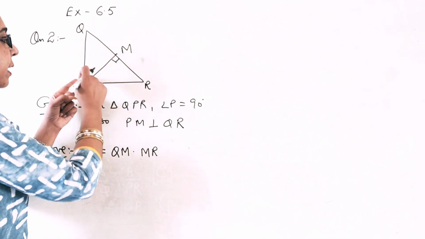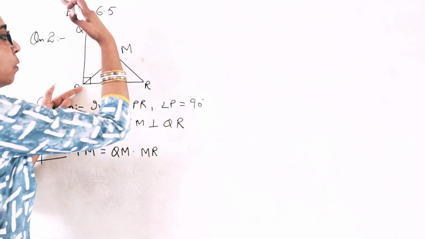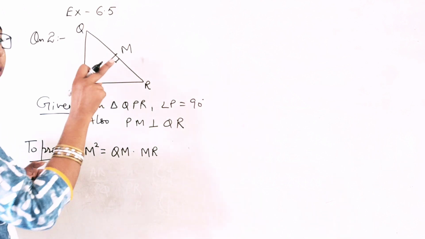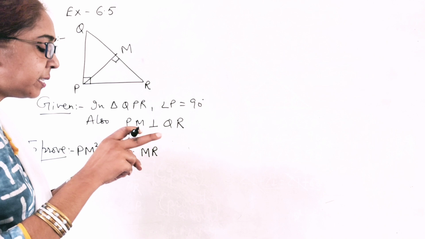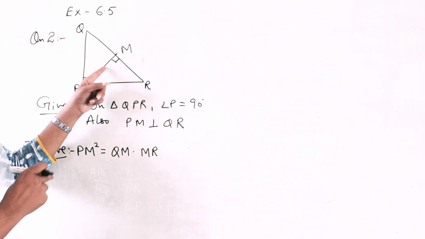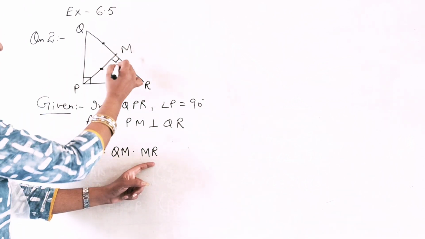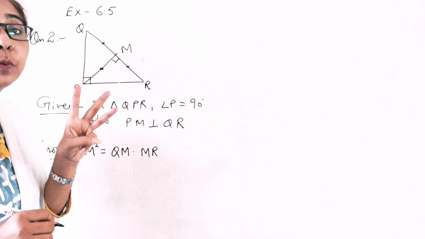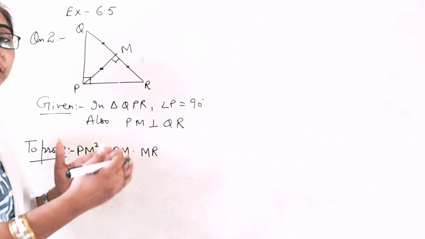Whenever we have a right angle triangle and from the right vertex, if something is perpendicular on the hypotenuse, then at that time these two triangles are similar to each other and these two triangles are similar to the bigger one. Now let's see what we'll have to do here. We have to prove that PM square, that means this side, is QM and MR. Out of those three, which set do I have to take? Which set will give me this result after taking the ratios?